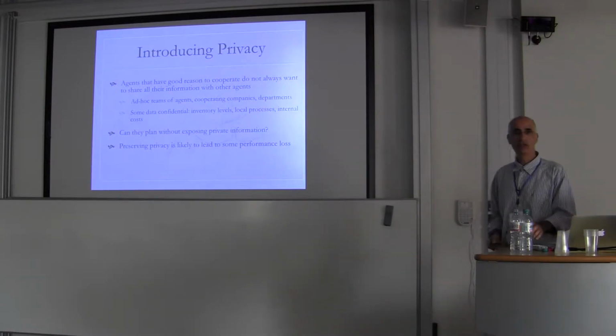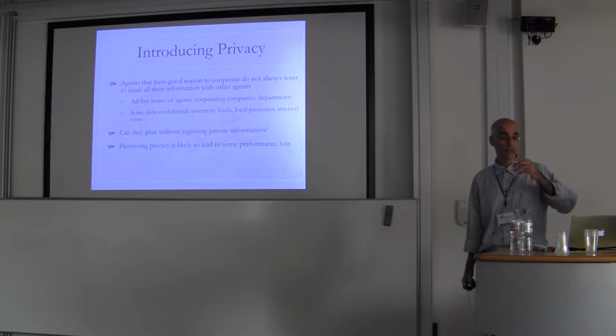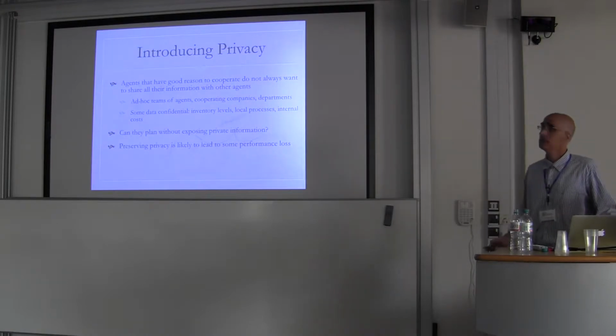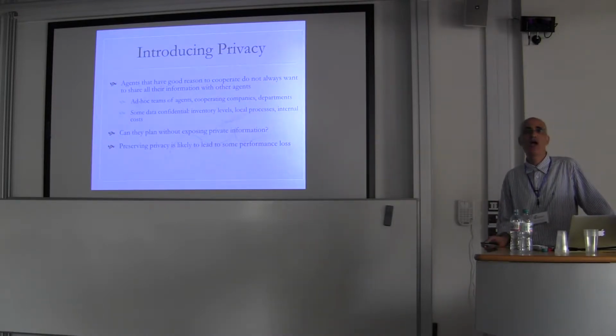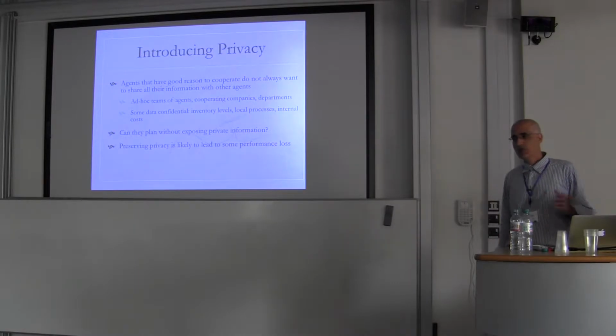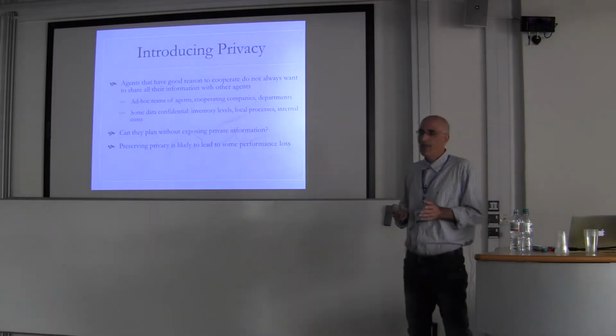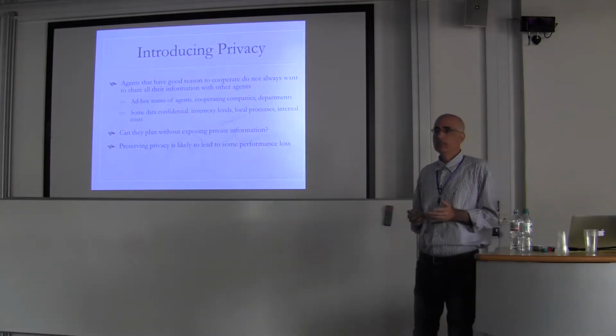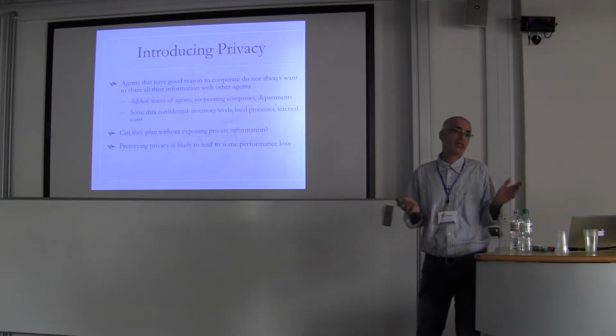Okay, and now I'm going to try to gradually introduce a more complex issue. The first is privacy, because this is often the justification given for why we care about the type of distributed algorithms that people look into in the multi-agent planning community. Because if privacy is not an issue, then notice that the way that I've defined distributed forward search somehow respects the agent structure. Why? Because an agent only applies its own action. If all you care about is just efficiency, task distribution, no one says that this is the best way to